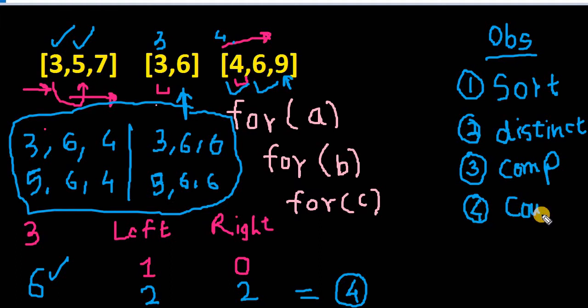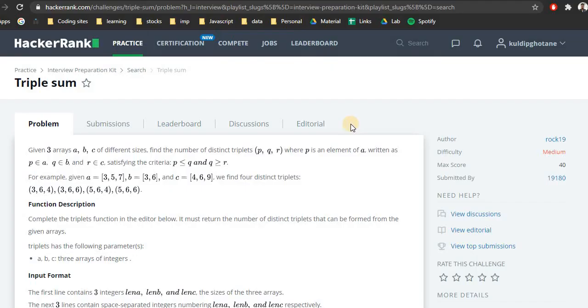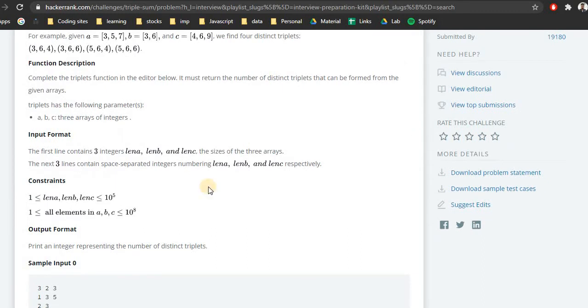So let's go ahead and write code for this example. If there is an issue, I hope it will get cleared there. Let's start with the coding, and we know by now we are following the same approach. First we need to check 2 important conditions: what is the input and how it is being taken. So let's check the constraints. The length of the array is in the range of 10 to the power 5, so int would do, and the elements are in the range of 10 to the power 8. So we can choose long, or again go with int. If there is an issue, we can improvise.